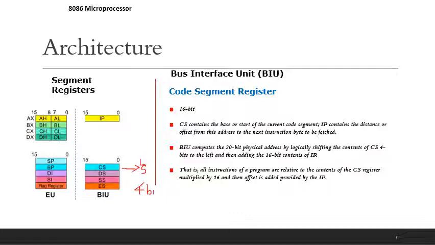Then it is going to add the left-shifted content of the code segment with the instruction pointer's content, by means of which the physical address is generated. The physical address is of 20 bits.